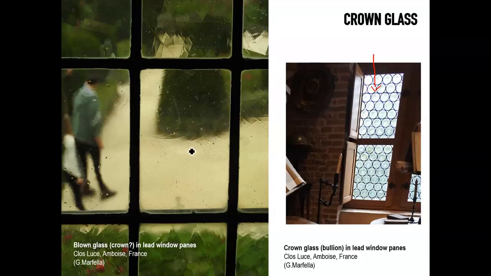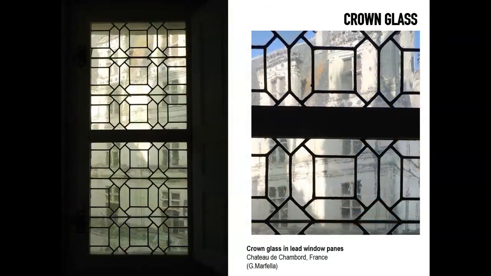And here you can see closely how the glass was not perfectly clear, but had some impurities. Sometimes you can recognize crown glazing because there is a tendency to have some radial or circular marks left on the surface of the glass. You can see some of these here. Again, this is certainly blown glass that was reduced into smaller pieces and then glazed with lead